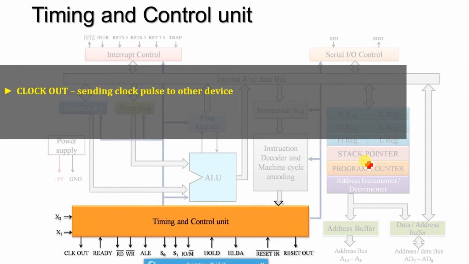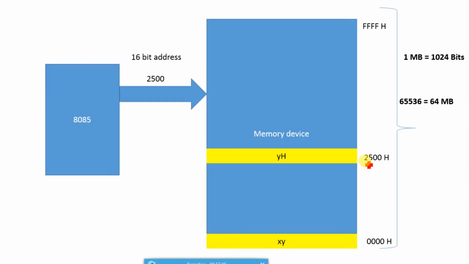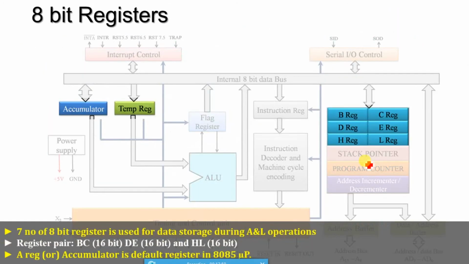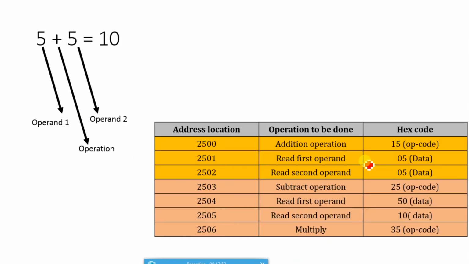You may get this doubt during this lecture when reading the opcode. From 2500 there is data 15, which I am mentioning as opcode. At 2501 there is data called 05, which I am mentioning as data. For ourselves we mention this is data, this is opcode. How does the microprocessor understand that this is opcode and this is 05? That is the very important thing.